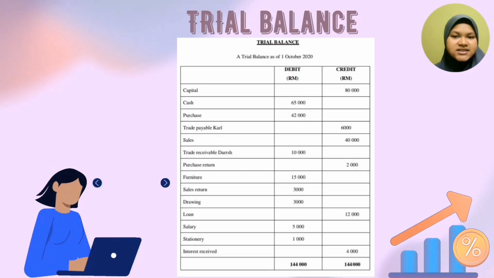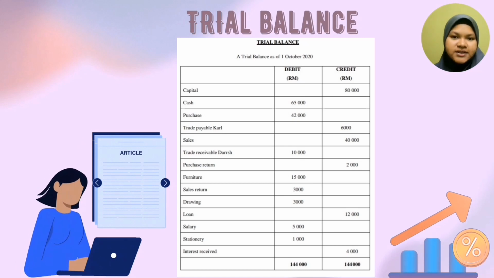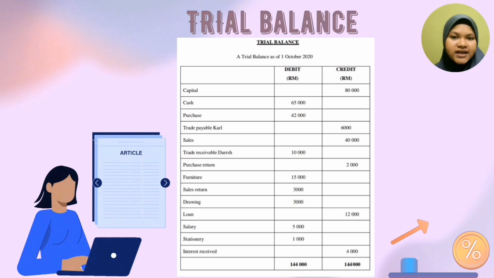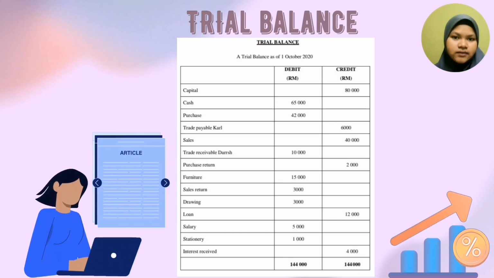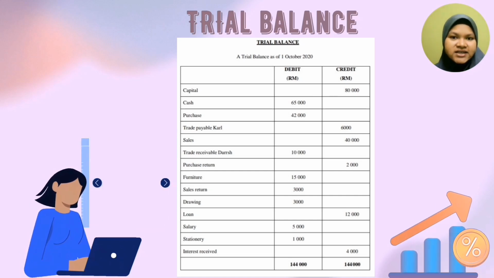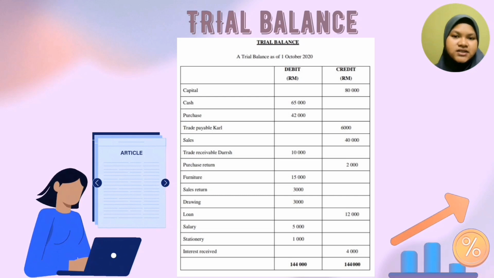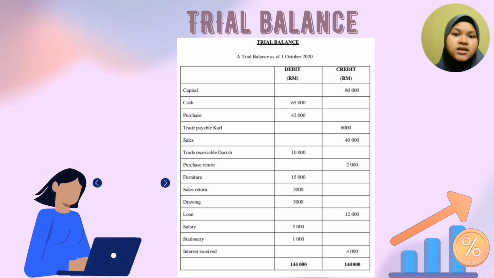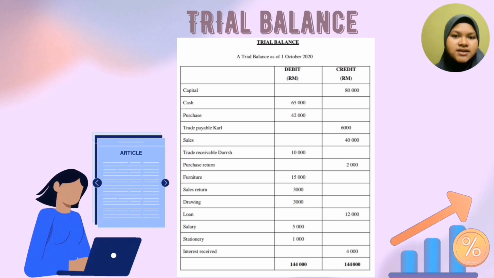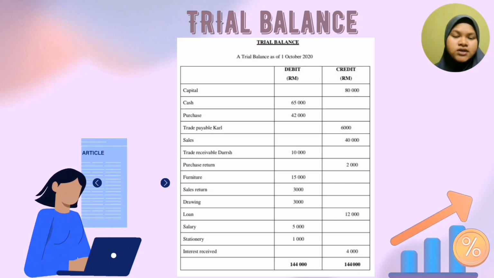So next is trial balance. Trial balance is a statement of all debits and credits in a double entry account book, with any disagreement indicating an error. So in there, we can see capital, cash, purchase, trade payable, car, sales, trade receivable, purchase return, furniture, sales return, drawing, loan, salary, stationery, and interest received. So the amount is